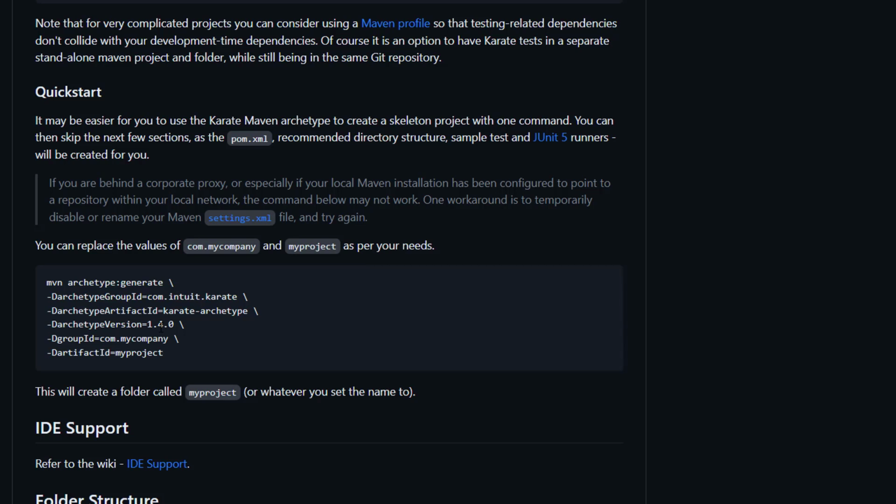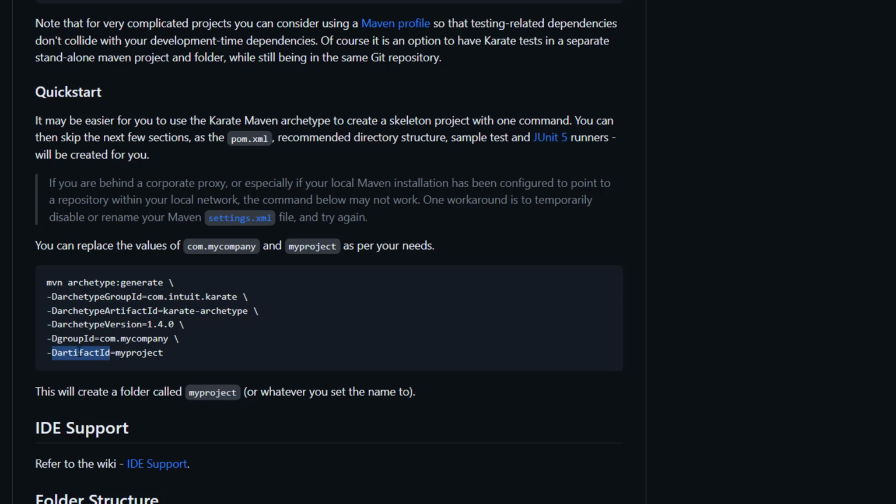We use the same version for our example project. Here we have group ID and artifact ID. These are actually your project name. You can change them based on your requirement. So you can copy this command, just change the group ID and artifact ID, and run it in the command line. It will create a project for you, and then you can import that project into IntelliJ or Eclipse. That will be one way.